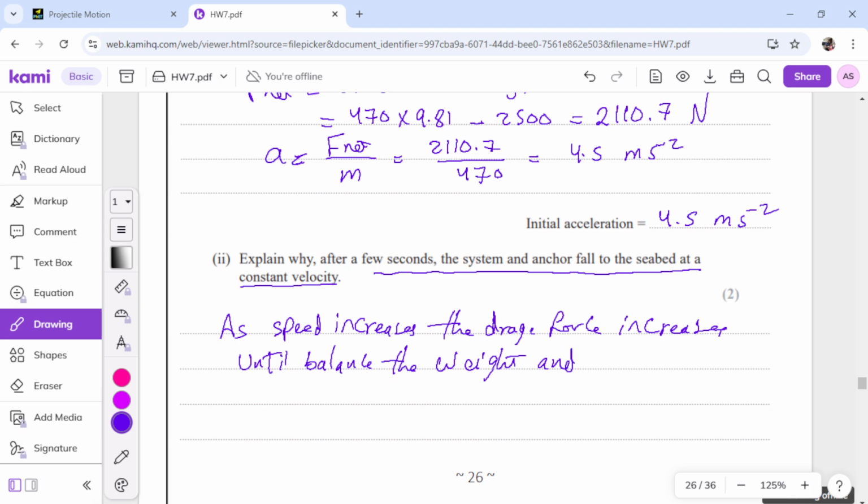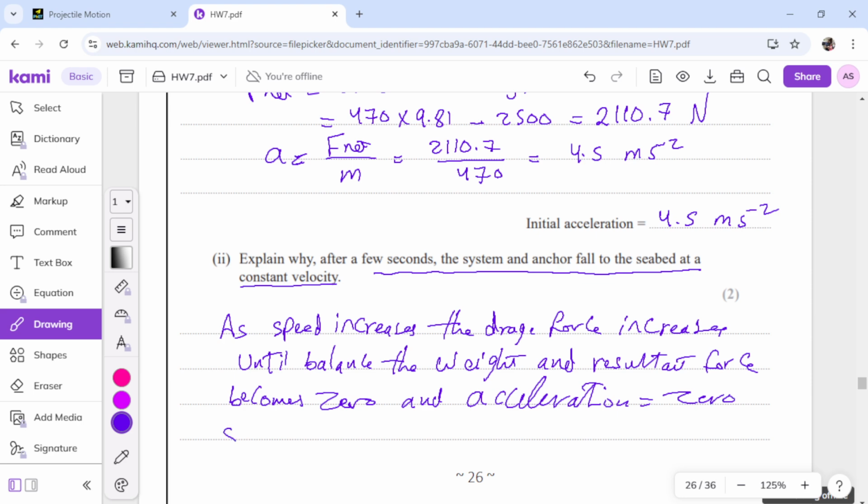and the resultant force becomes 0 and acceleration equals 0. So the system is falling now with constant velocity, which is called the terminal velocity. Okay,